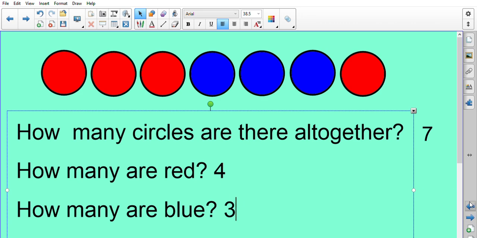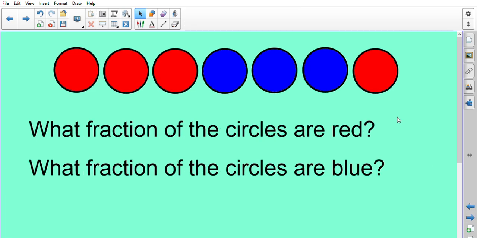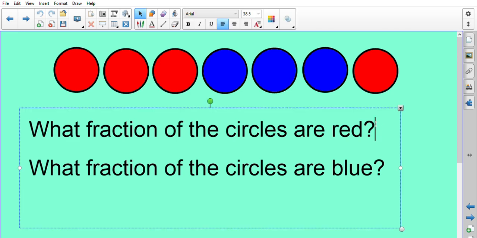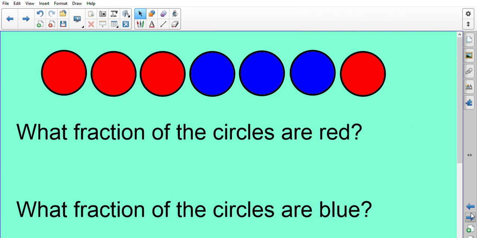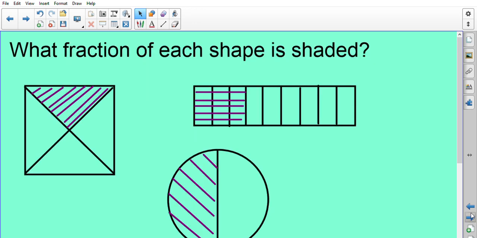So now we can go back and answer our question. 4 out of 7 are red, and 3 out of 7 are blue. So we can just answer that one, and then let's have a think about what fraction of each shape is